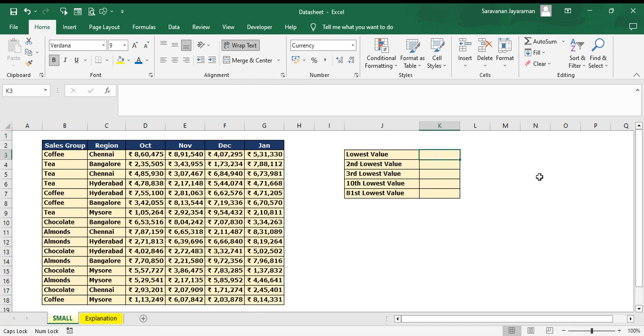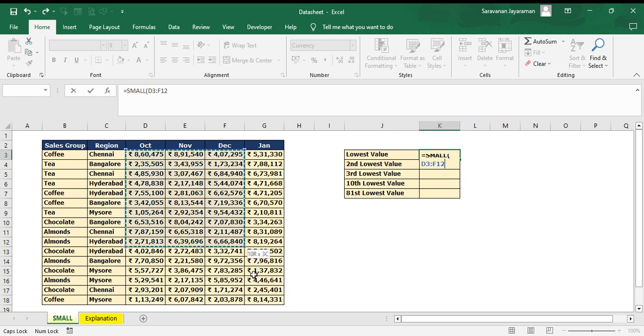So what would be the syntax? It would be equals to SMALL, which returns the smallest value or whichever value we specify. Now array is the data where we want. So it starts from D3 and we'll select till G18. So this is our array, comma,